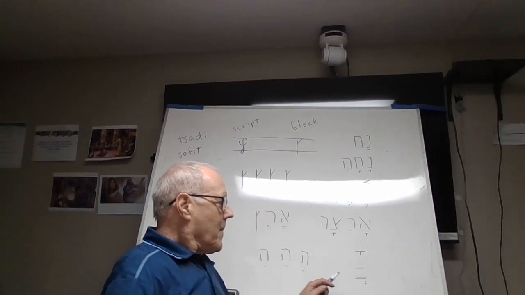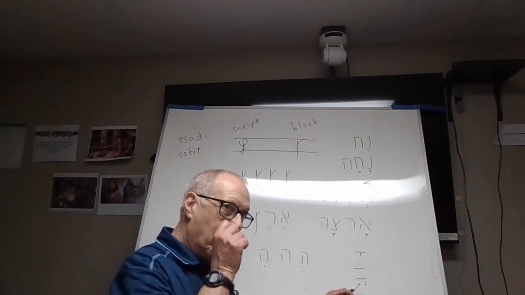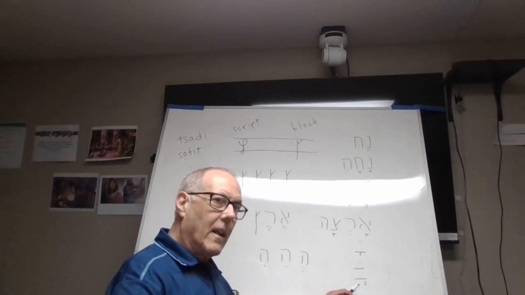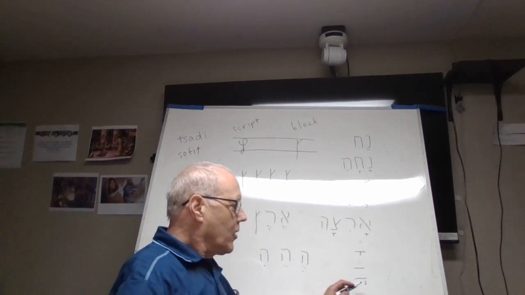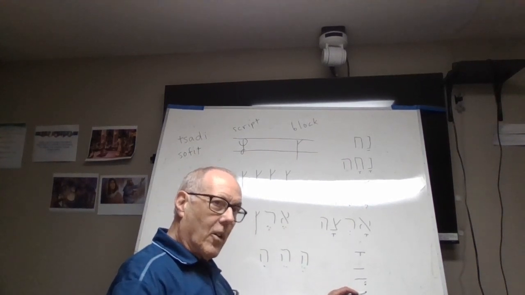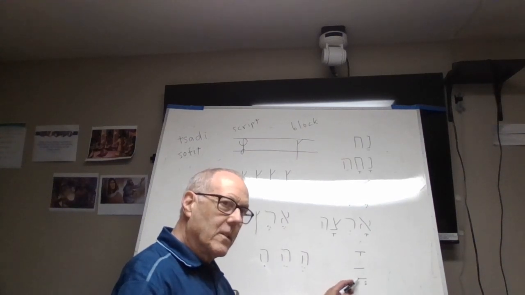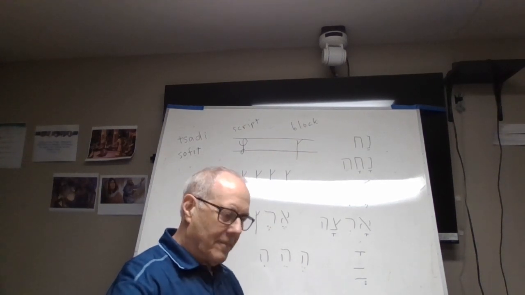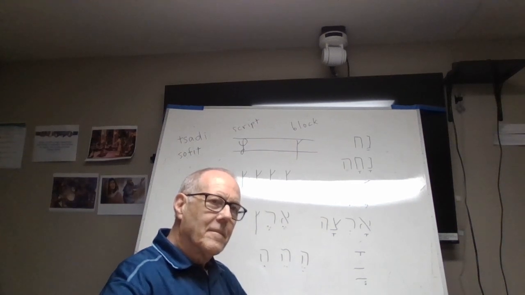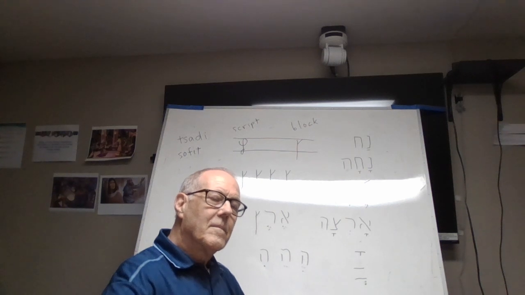Okay. There are four letters that are gutturals in the alphabet: Aleph, He, Chet, and Ayin. Sometimes one of those four letters will take this ah sound. No other letter will take that type of vowel. So you can't be sure if you're just going from hearing to putting it on paper, but you can